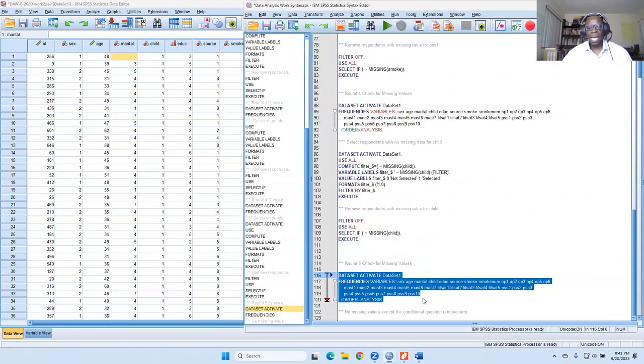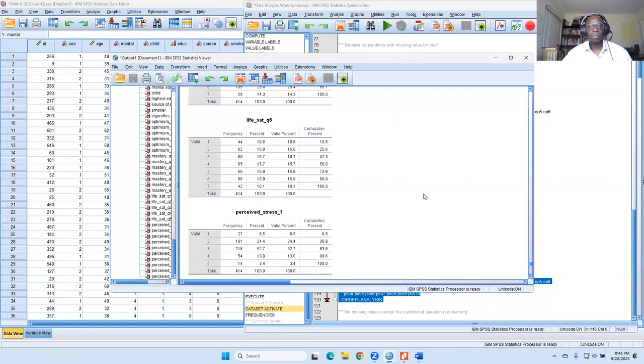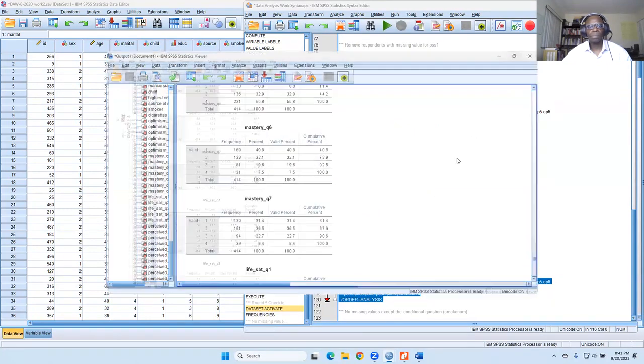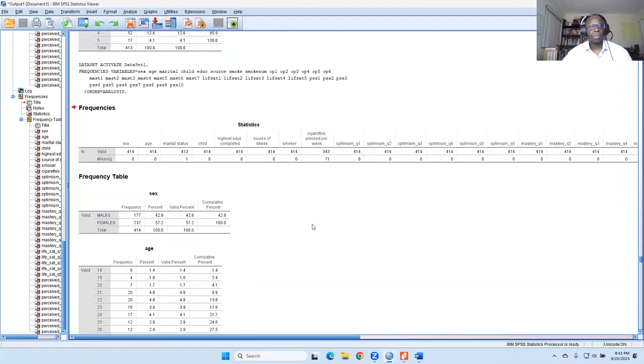If I do it like that, we still have a value, and that person is going to have a lower representation throughout the entire study, because you don't like to have missing values with respondents. You want everyone to have complete data.